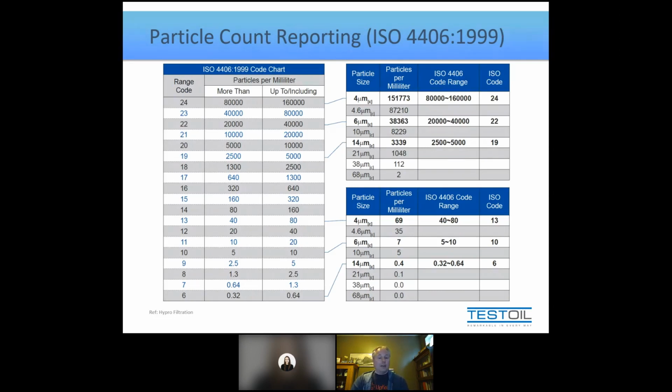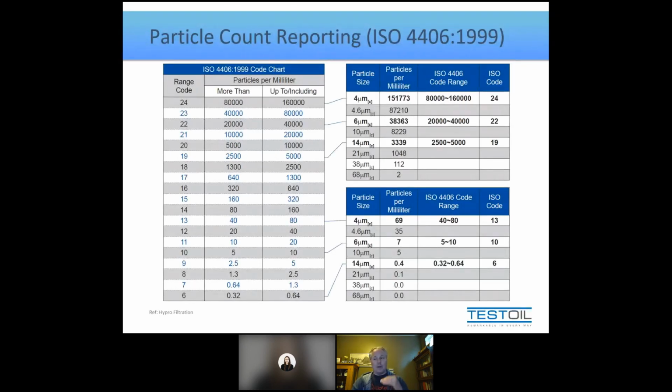But in the left-hand table, we've got a list of ISO codes. That's the left-hand column. To the right, you will see the range of those codes for how many particles per milliliter fit within that range. Let me show you something that, again, I know a lot of people know this already, but let's make sure we cover this. Let me show you the pattern to the table, because there's something that a lot of people do miss. Starting at the 5th line from the bottom, where it says ISO code of 10, take a look at that line there, and it says an ISO code of 10 is a code you would assign to any particle count that has between 5 and 10 particles per milliliter.